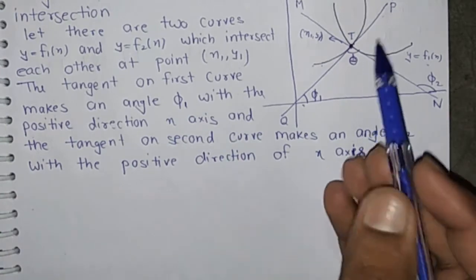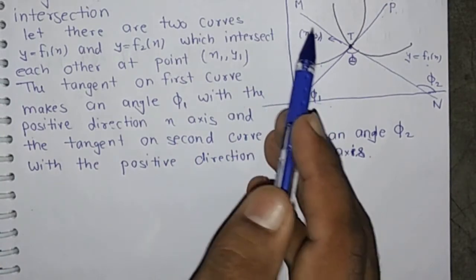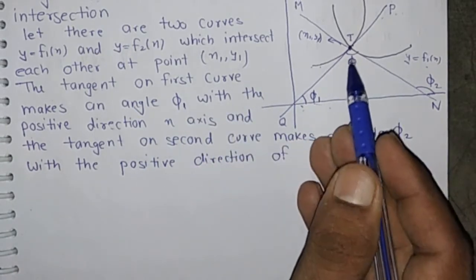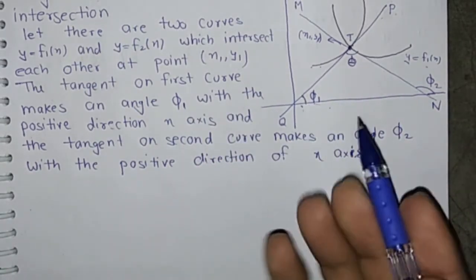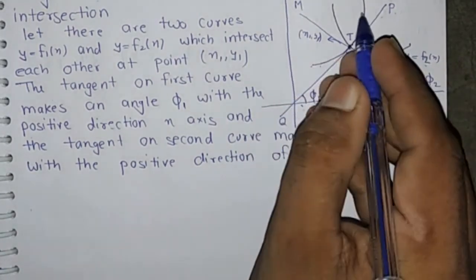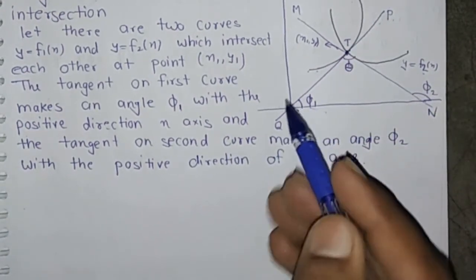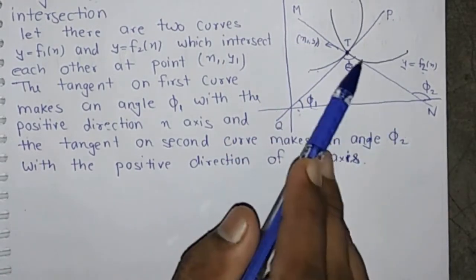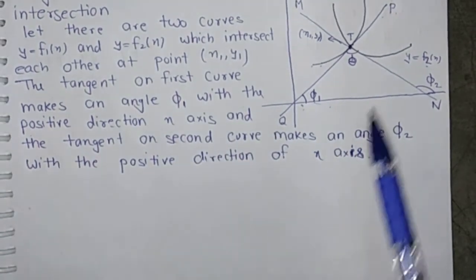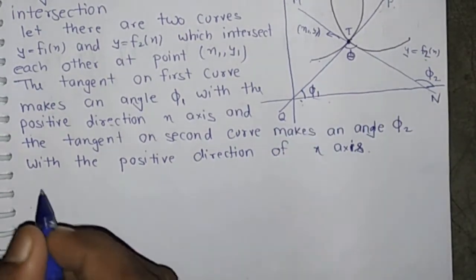Means the tangent PTQ makes an angle phi 1 with positive direction of x-axis, and the tangent on second curve makes an angle phi 2 with the positive direction of x-axis. First tangent is PTQ and second is MTQ. Then